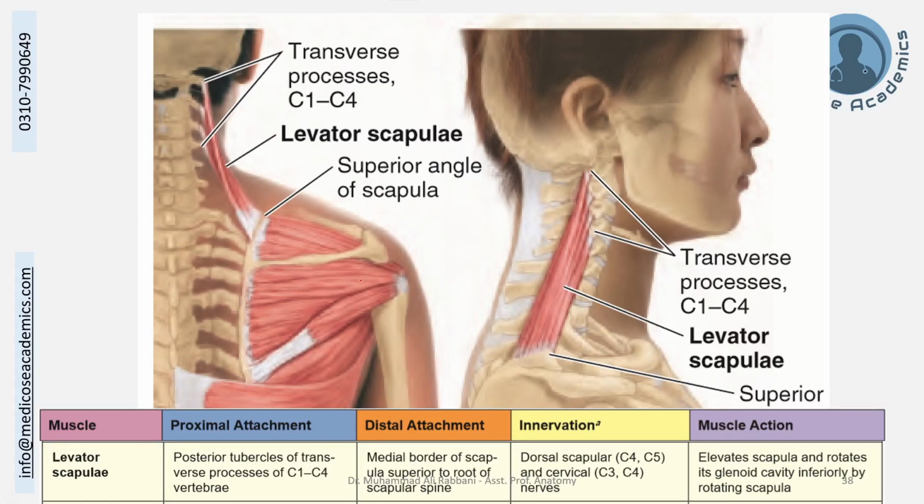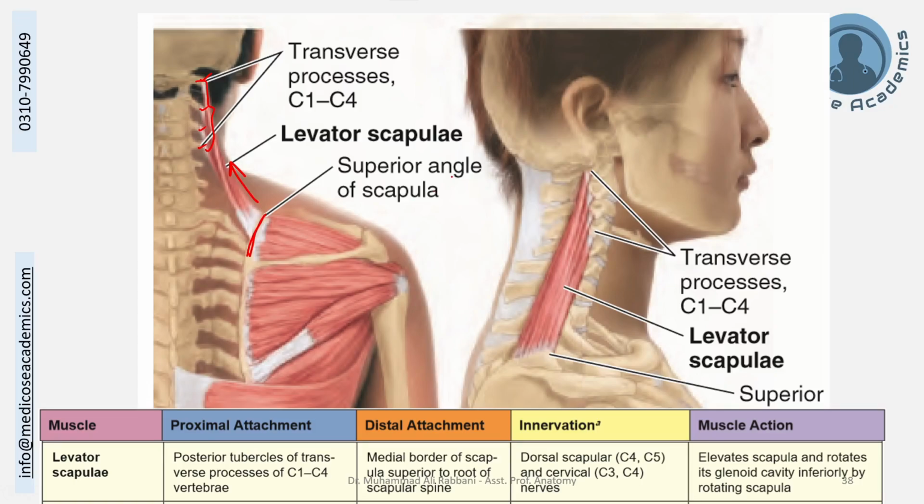This muscle is proximally attached, or its origin is from the transverse processes of C1, 2, 3, and 4 vertebra. The muscle fiber comes down from here, and it is attached to the medial border of scapula above the spine of scapula. So this is the transverse process, C1 to C4, and it is attached here. As the name indicates, this muscle helps in pulling the scapula upwards, so it is an elevator of the